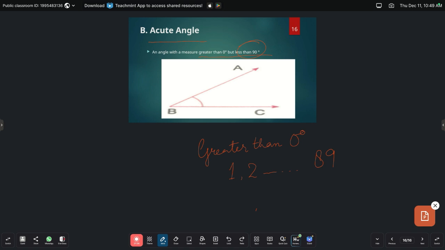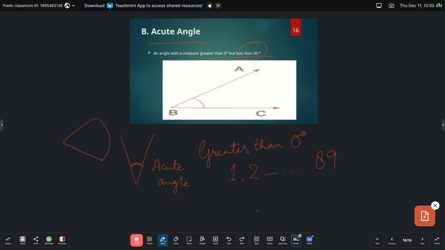I'll give you an example once again. See, here it is the alphabet V. You can see the angle here, it is less than 90. It will always be less than 90, so it is an acute angle. Got it? Or you are having a slice of pizza. Right? A slice of pizza here is an acute angle. Got it, boys? So what is an acute angle? It's an angle that measures greater than 0 and less than 90 degrees. It shouldn't be 90. It should be less than 90. Then it's named an acute angle.